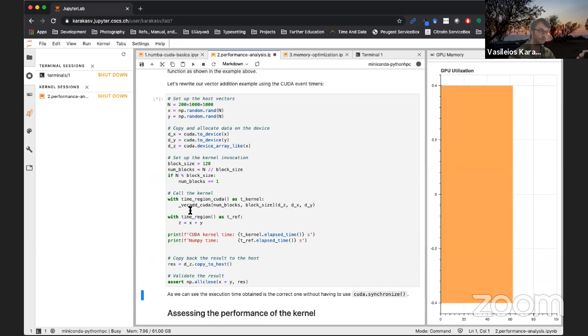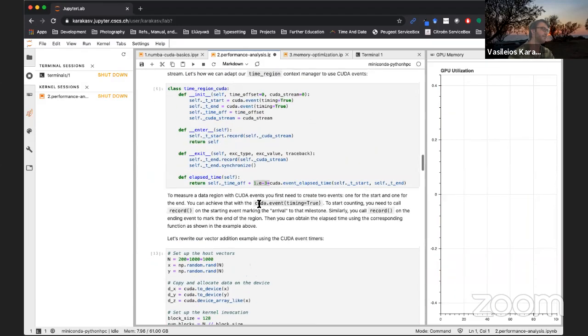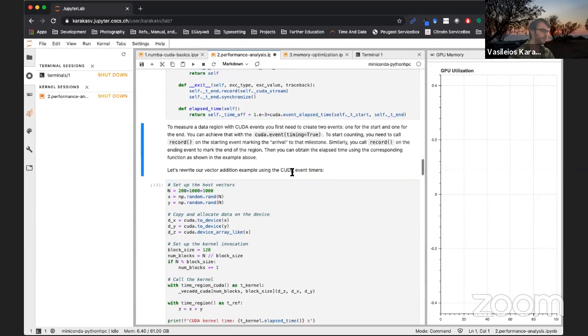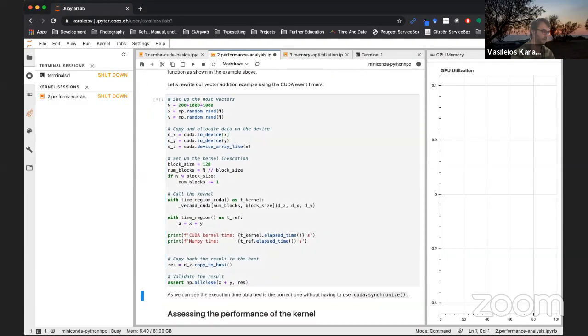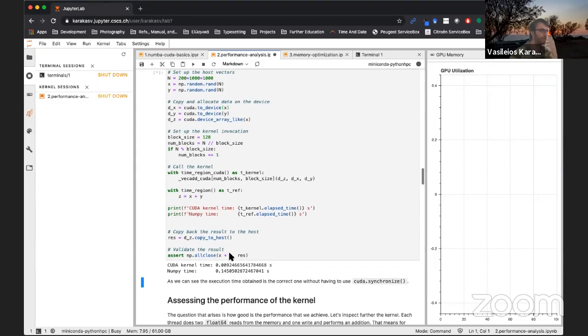And now we don't have CUDA synchronized. Yes, of course, because I didn't run this. And then, okay, so you see again, the times are correct, as we've said with our time region, but we don't have